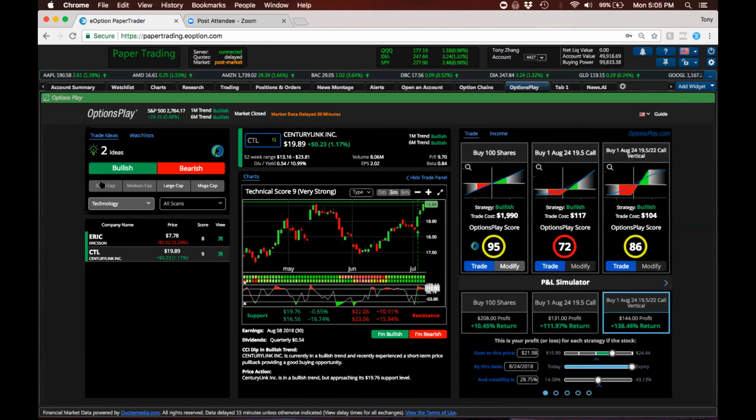But keep in mind that this is not just for stocks. This is not just for options traders. This is also for stock traders. If you're looking for ideas, these ideas span both stocks and options. But if you trade options, I typically recommend looking more at large cap and mega cap stocks, because for small cap and medium cap stocks, the option markets usually aren't very liquid. If you're looking at the small cap and medium caps, you're typically better off just trading the stock. If you're looking for option strategies, I usually like to filter by large cap and mega cap first, so that I'm looking at stocks that typically have relatively liquid options. So that's how I typically would use the trade ideas tab for finding new ideas.